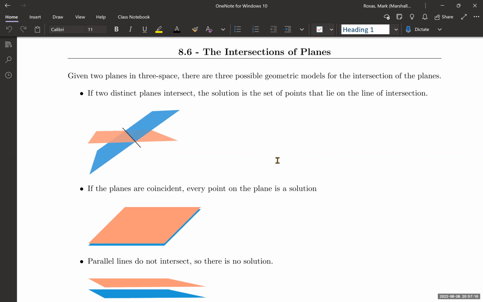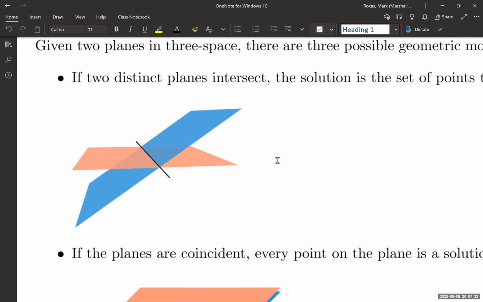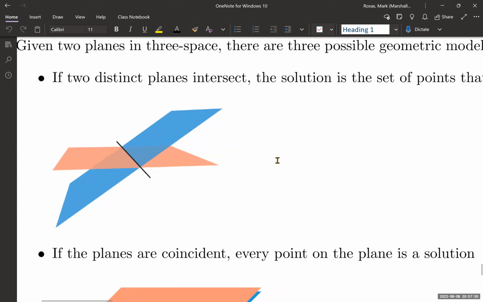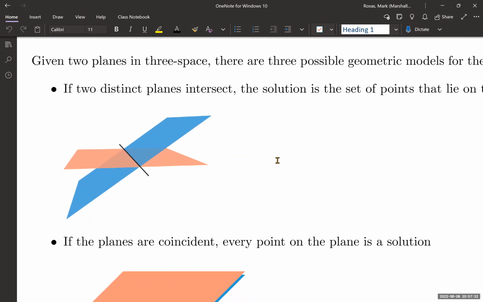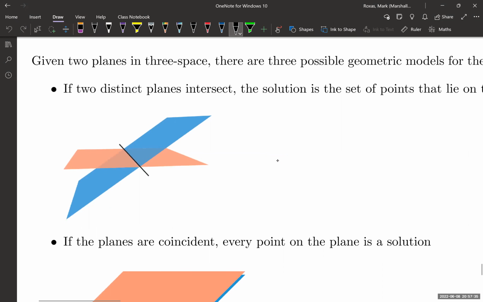Given two planes in 3D space, we have several possibilities. One, we have two planes here where they intersect. The intersection is a line, okay? So the way we're going to determine that this is one of the conclusions when we have two planes is by looking at the normal. If I look at the normal of this plane here, and I draw a little perpendicular vector to that blue plane,